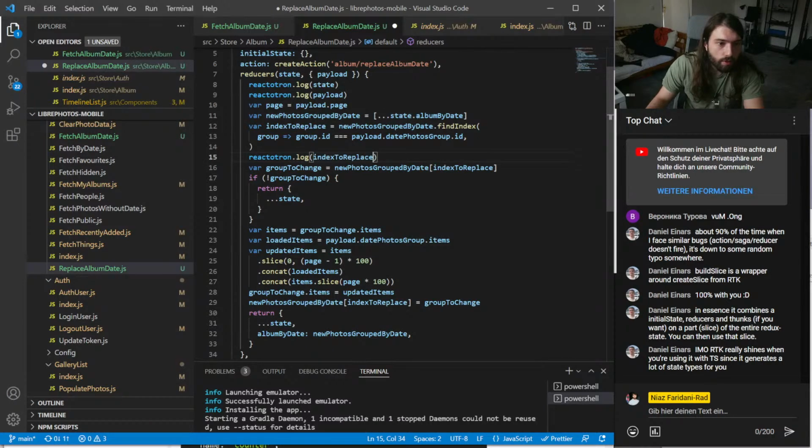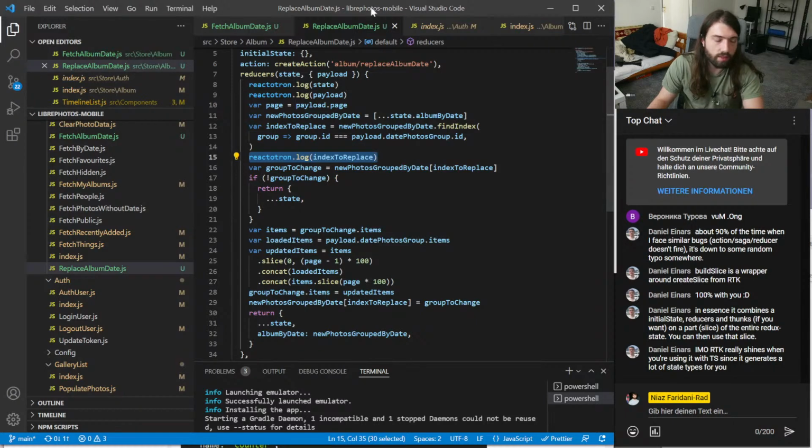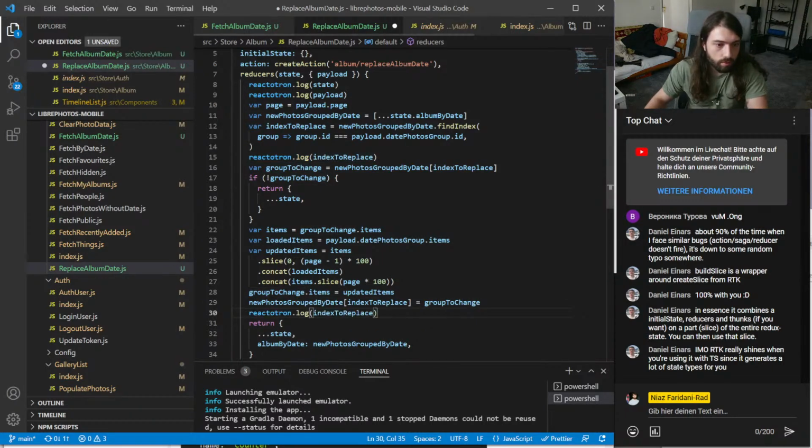I'm still not sure if that's actually how it is. So if we don't find the group to change, then we return just the state, okay. If you have -1, for example. And then we replace the first 100 items in that group. So group to change.